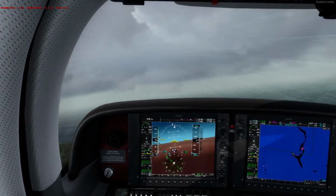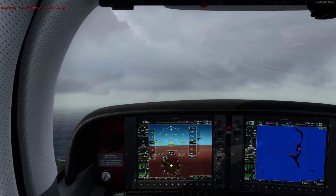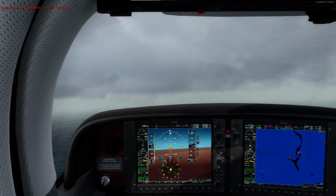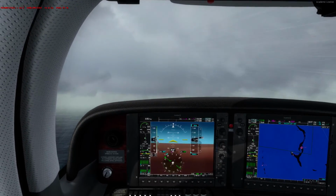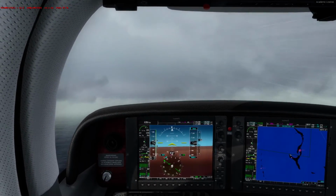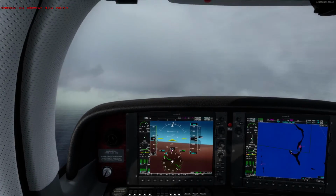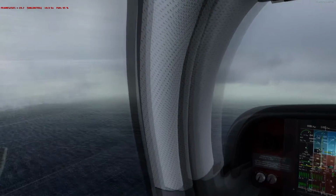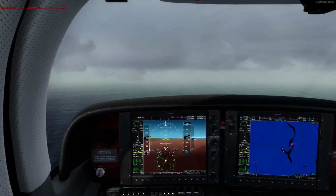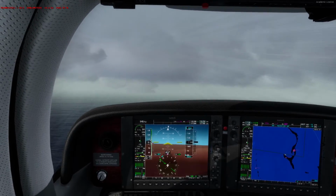Whoa. Oh dear. Guys, this could end extremely badly. It's actually getting to the point where we're only at 1,000 feet now, and things are starting to get really misty. So I think this is probably a good time to head back and hope that we don't crash on the way there, because this storm is really starting to build. And as you can see, we're bobbing around all over the place. And I'm going to hold about 1,000 feet,